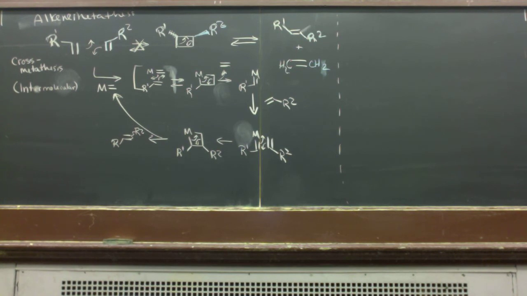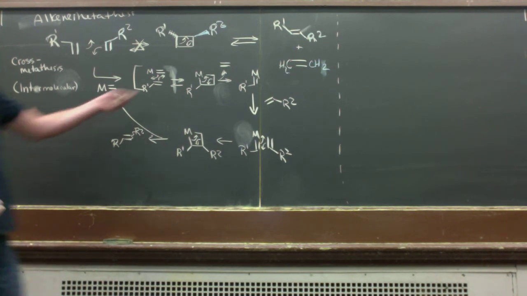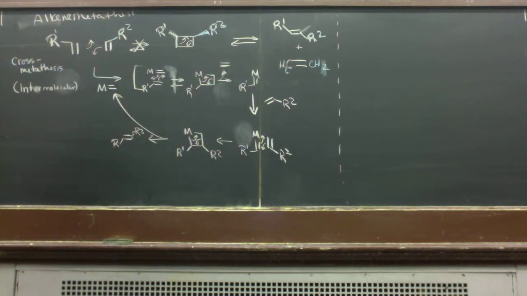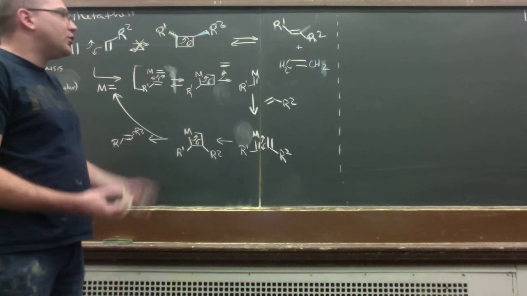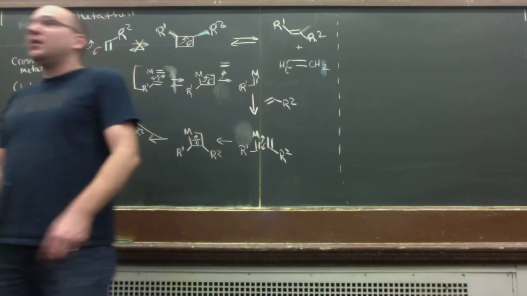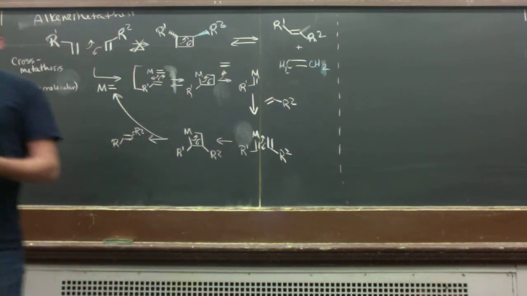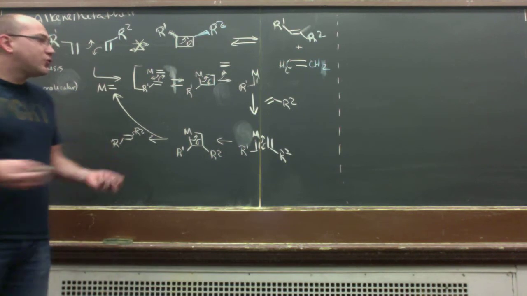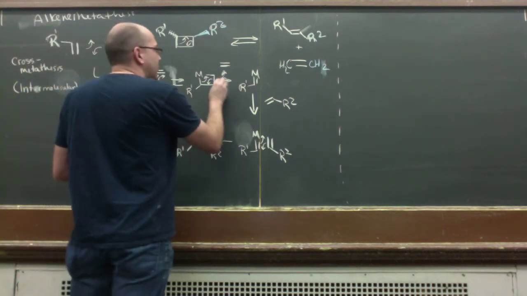One of the things that Ray brought up is the stereochemistry here. And in order to get the trans product, generally what needs to happen is you need to have a reversible metathesis process. I'm not going to get into specific details about this, but one of the challenges with cross-metathesis historically is that you'll often get mixtures of E and Z depending upon the metathesis reaction that you're running. But formally, the overall process can in fact be reversible, so it's very common that you do get E-selective processes. So for the purposes of this course, I would just assume that these processes are reversible,